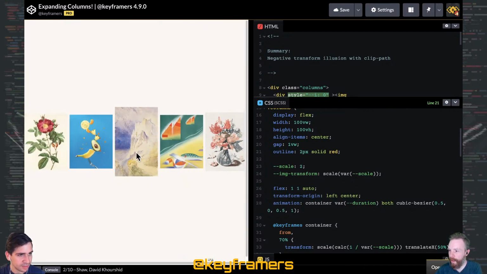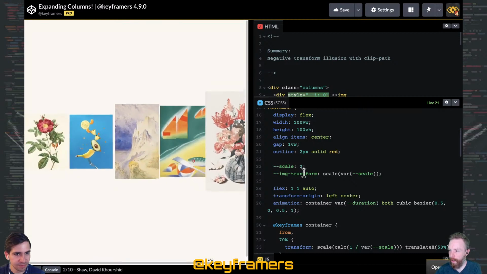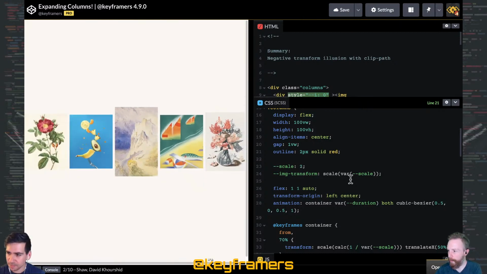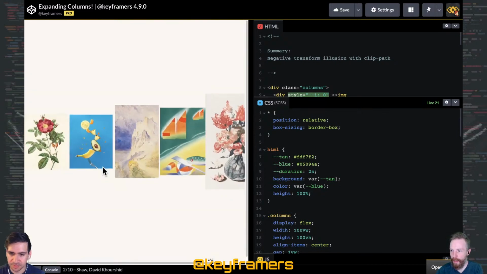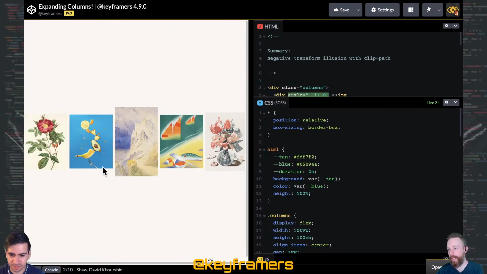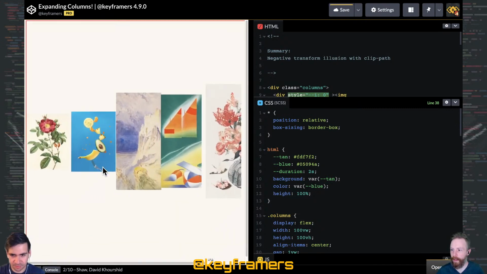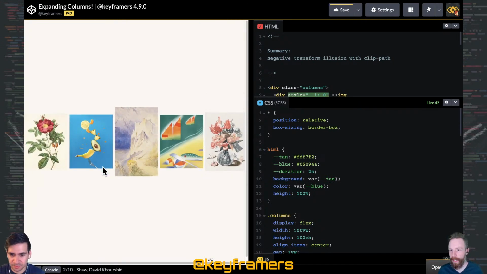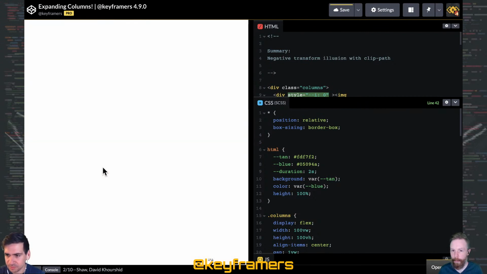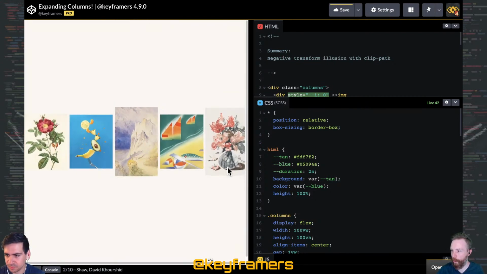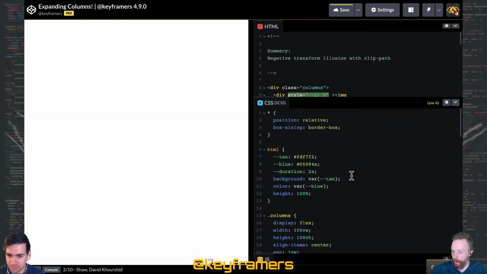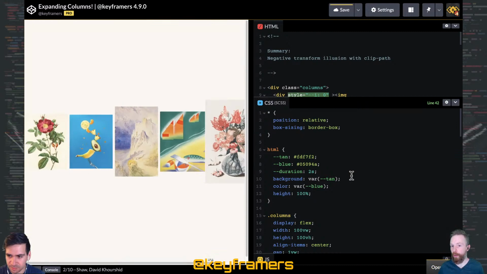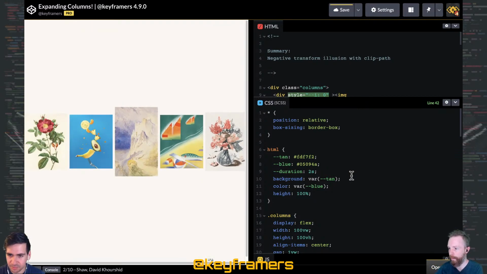Let's take a quick look at a technique from this expanding columns animation that we just did. It's an interesting challenge. We've got these little slices of an image sliding in, and then we want them to expand, dealing with layout and all these kinds of things. There are 1,000 different ways we could approach this, but what we chose to do was work with clip path and inverted or negative transforms to give the illusion of that gap